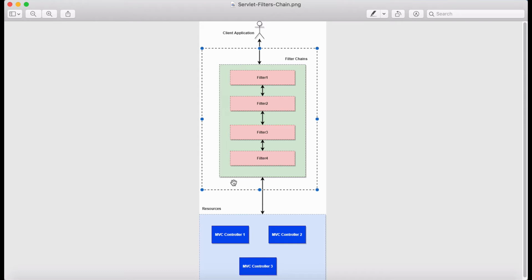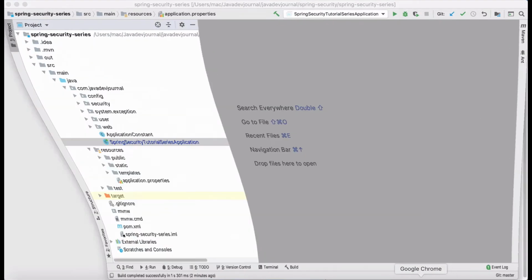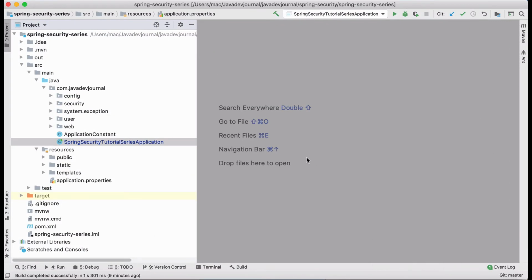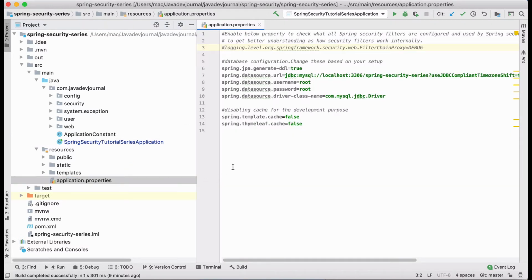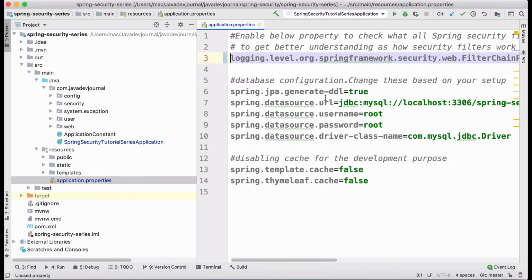Before we get into the Spring Security filters, let's do one thing. In our previous lesson, in the first tutorial, we created a basic application. Now I want you to go to your application.properties, and let me increase the size.